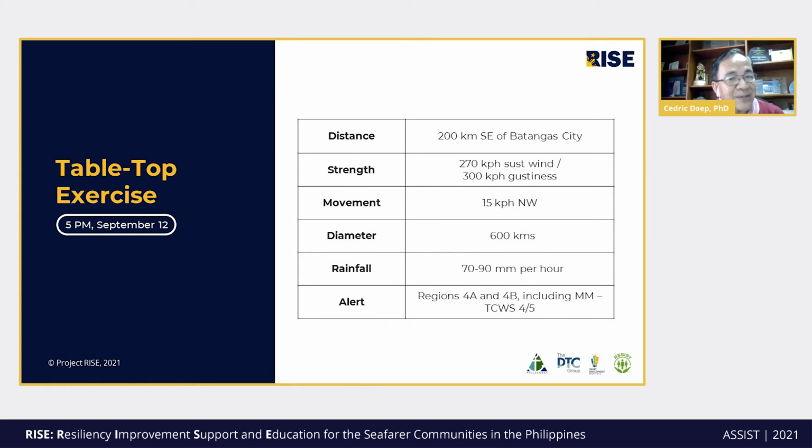So dapat may instruction dyan sa advisory. Since we are going to be hit directly by the eye, halimbawa at 2 o'clock, yung estimated time natin ng landfall, dapat may advisory na ganitong oras, walang galawan because we will be experiencing the eye of the typhoon and prepare for the next episode of southwest monsoon wind or southwest wind coming from